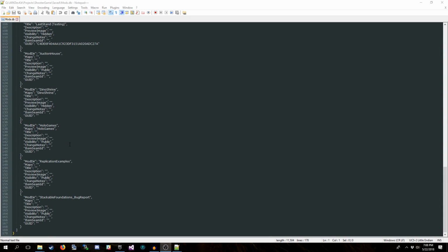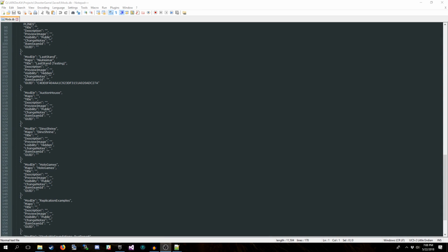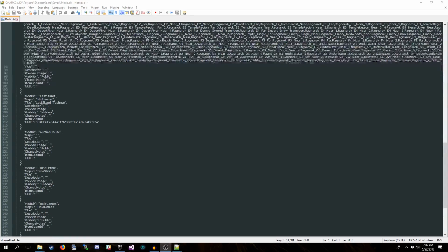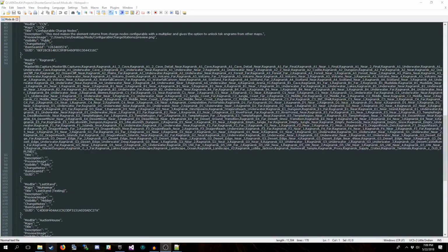So to fix it, okay, see how everything's gone now. There's nothing there. What I need is the workshop item ID. So you can go into Steam and you can find your workshop item. Give me just a second here. I'm pulling it up on my other screen.